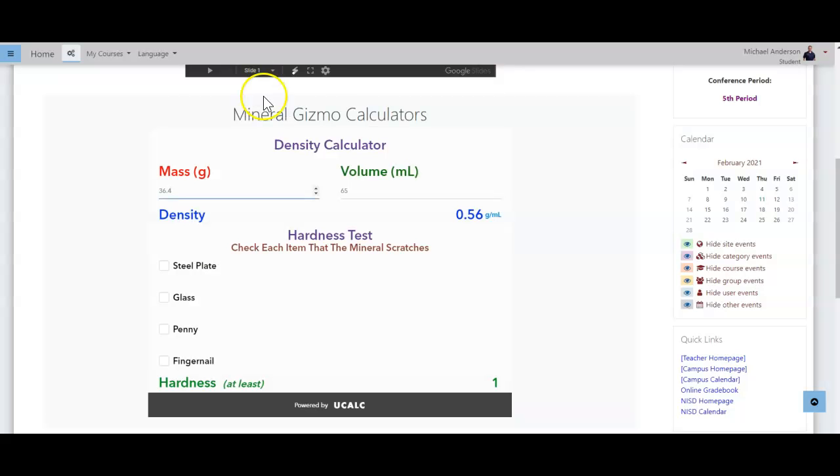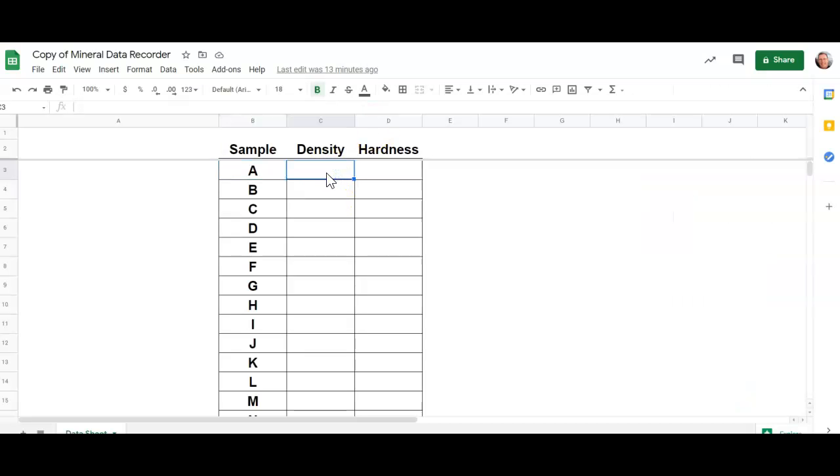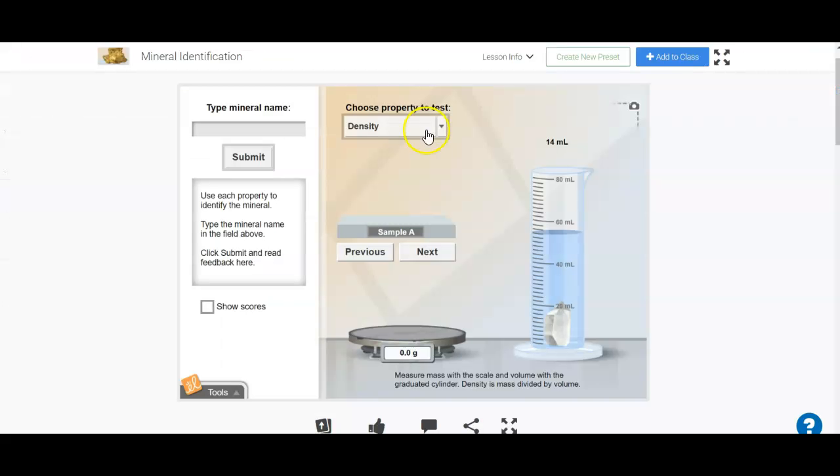So I'm going to go back to my Moodle page. Under volume, I'm going to type in 14. And 2.60 is my density. So I'll go here and I'll type in 2.6. And it turned blue. That means that I got that one right. That's good. If I had typed in 2.5, it turns yellow. I don't want yellow. So it turns blue. That's good. Now let's go and look at the